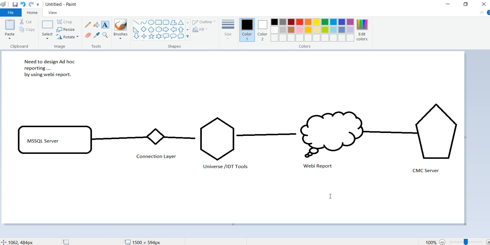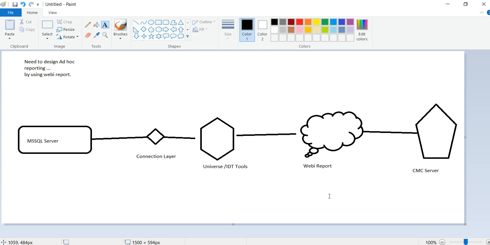According to the client requirement, my analysis is I have to use Webi design tools, because the user requirement is not fixed and the report layout is not fixed. So the first thing in my mind is I will use Webi report.